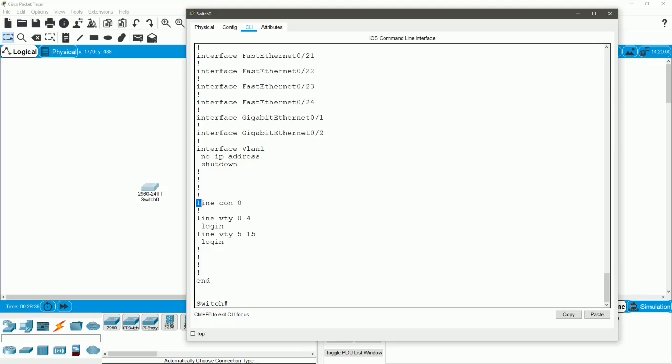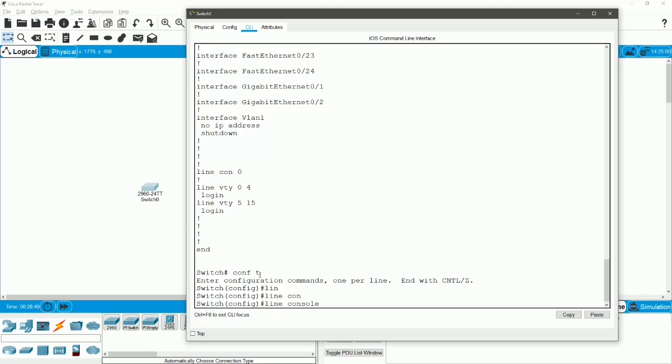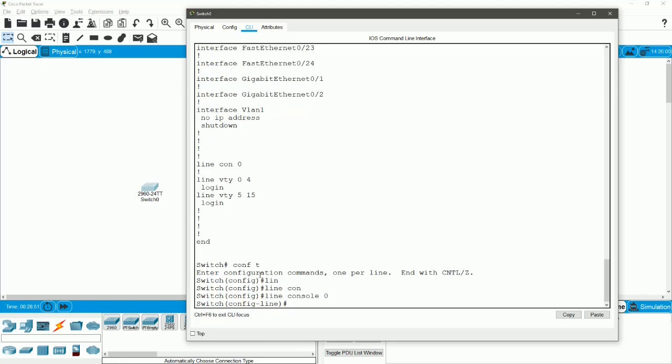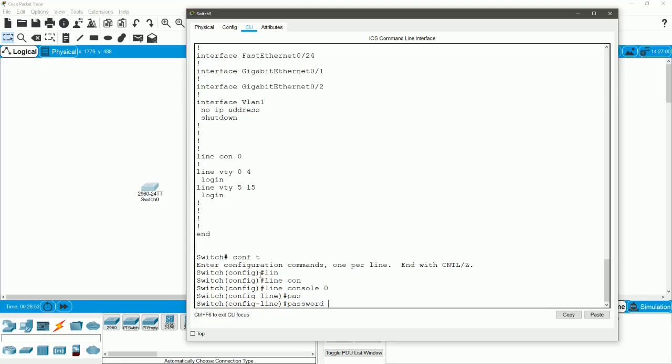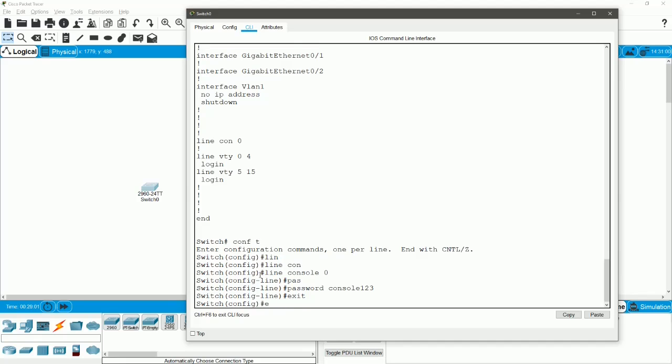So let's focus now on console because the same applies on the other two. We go to conf t, then line console 0, password, I'll make it console123, enter. So let me try to exit and exit again,